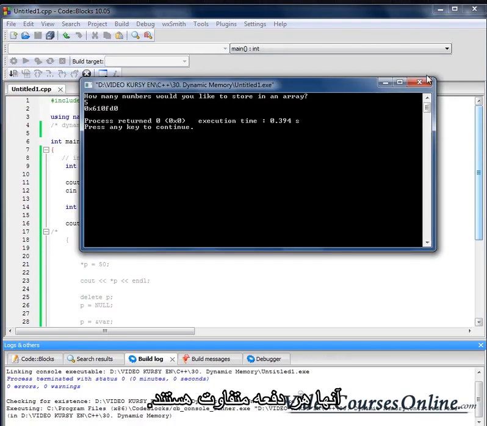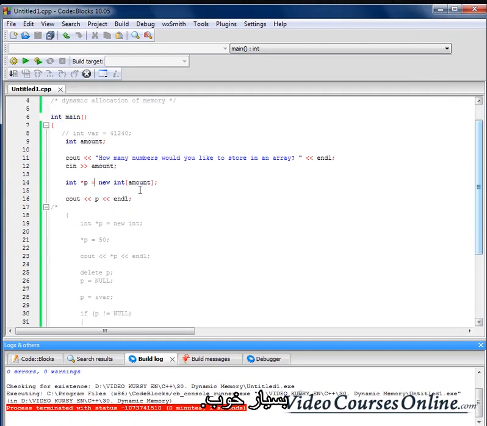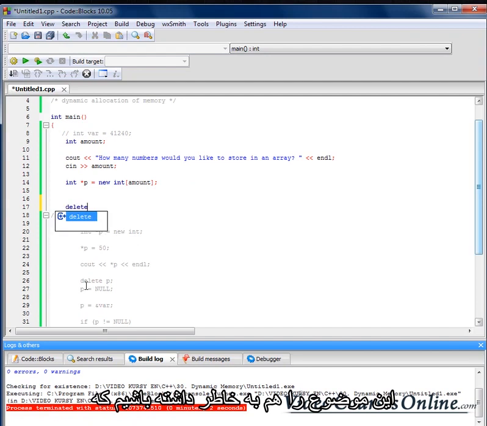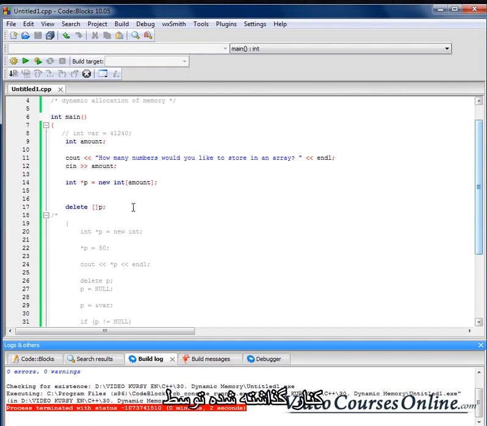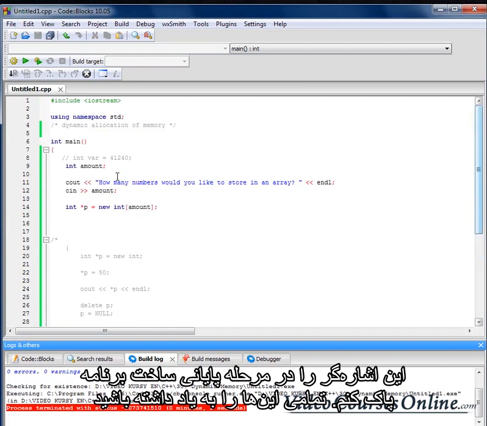They are different every time. Okay. So let's also remember that I have to delete the space that is reserved by that pointer